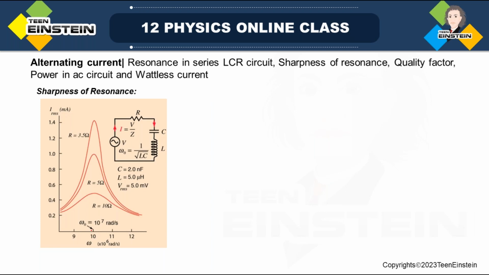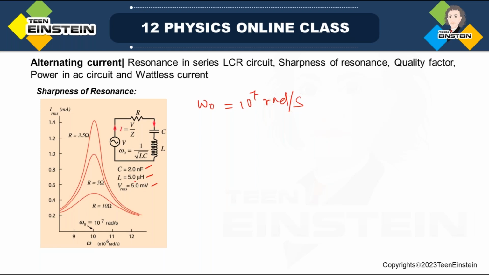The resonant frequency is denoted by omega 0, which is actually 10 to the power 7 rad per second. This is the resonant frequency for this particular circuit, and these are the components given. Capacitance used is 2 nanofarad,